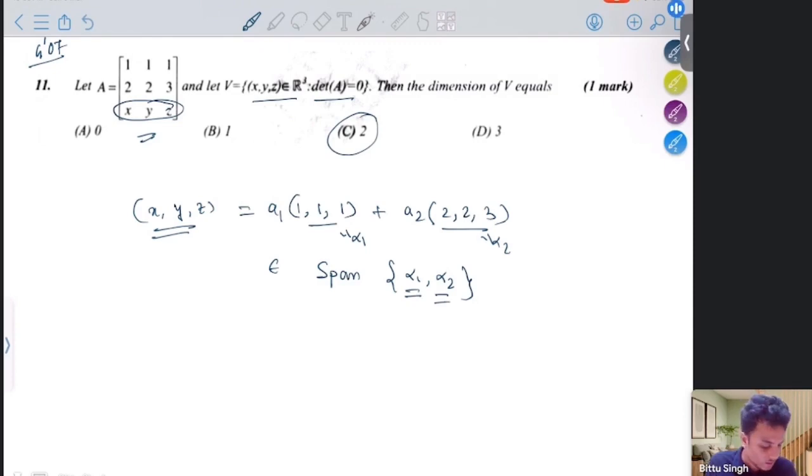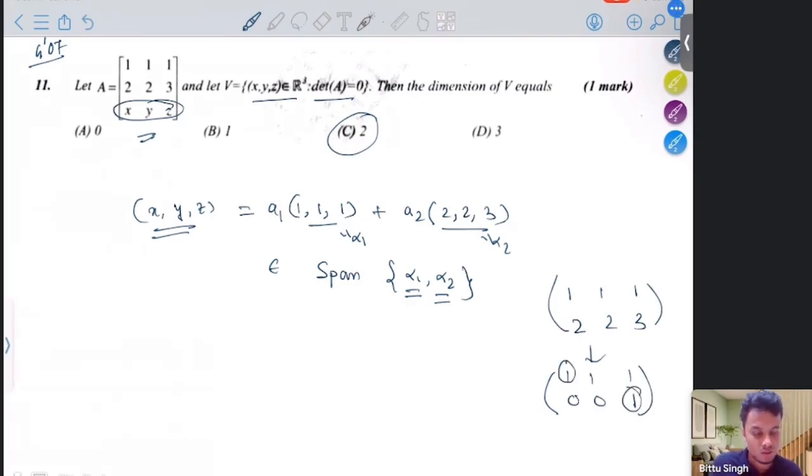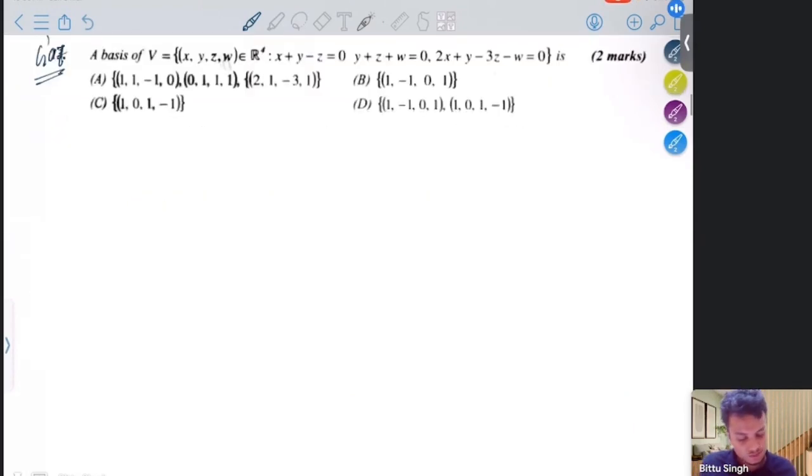Why are those linearly independent? Again, put them in rows, 1 1 1, 2 2 3. Then if we apply row reduction, this will reduce to 1 1 1, 0 0 1. Again, each row contains a pivot, so there are two non-zero rows, so the rank will be 2. So this is the answer. Next, let us consider this question. Here